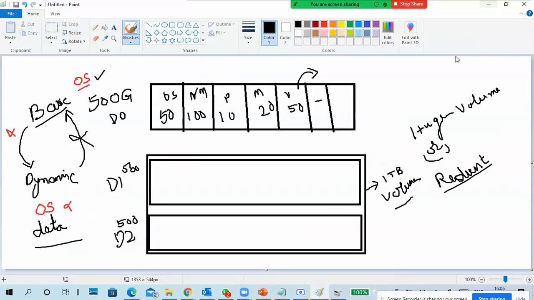What is redundancy? If one disk fails, another will give you the data. No problem. If one disk fails, no problem, the other will give you data. That is called the redundancy type.